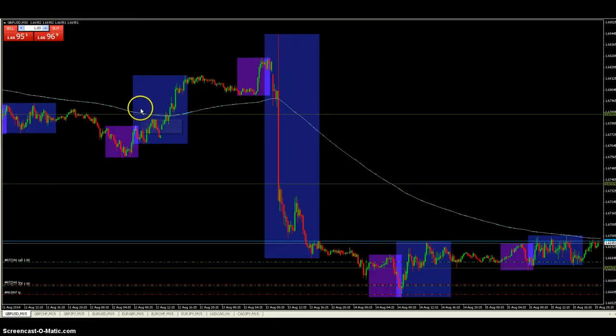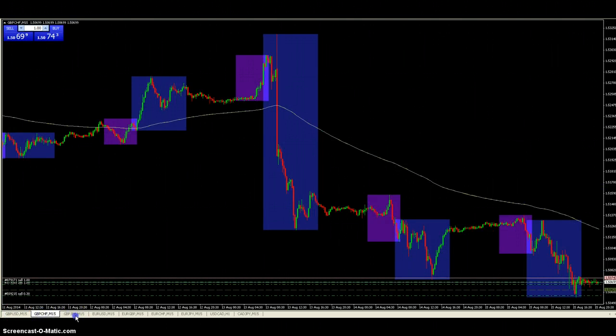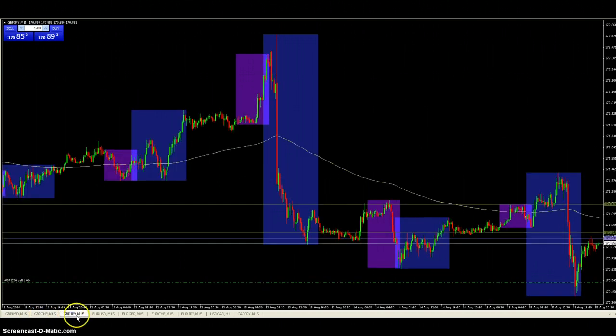Okay, so this is my actual live account that we're looking at. Now down here are some tabs. You see these tabs, these are different currencies. So that's GBP CHF, that's pound, Great Britain pound, and Swiss franc. Pound, Japanese yen